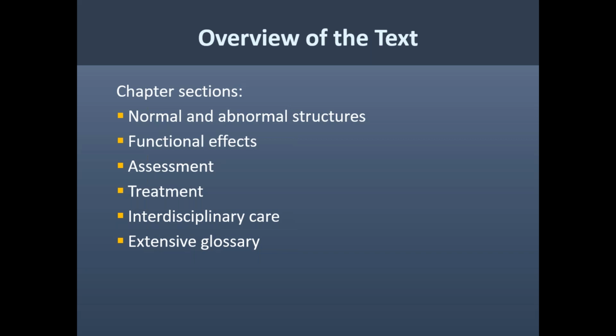So looking at the text, the overview is that I have some general sections. So the first section is normal and abnormal structures. And in that section, I have a chapter on the anatomy and physiology. And it helps the student to put everything together, not just the anatomy, but also the different subsystems of speech and how they all work together, and how, for example, if the velopharyngeal valve is open, so we have VPI,